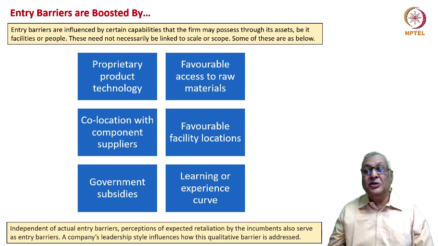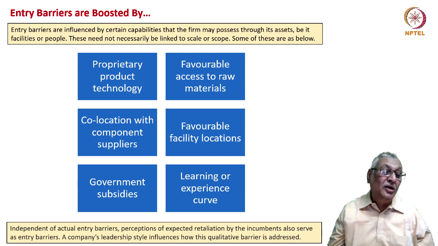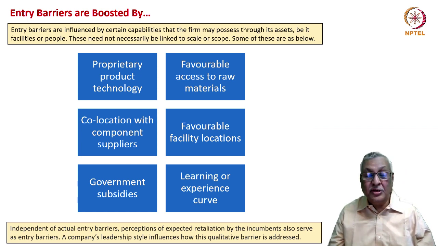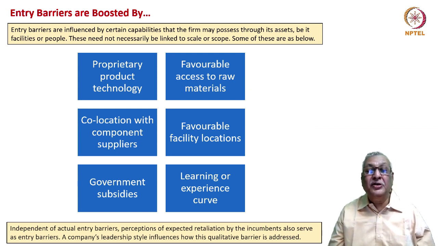When you look at thermal power plants, they already have access to raw materials. Steel plants in India have access to raw materials, and they have relationships that have been going on for a long time. And more recently, through the auctioning processes, they have got more access through bids and purchase of these mines. So the existing companies have access to raw materials, and a new company will find it difficult to get access,